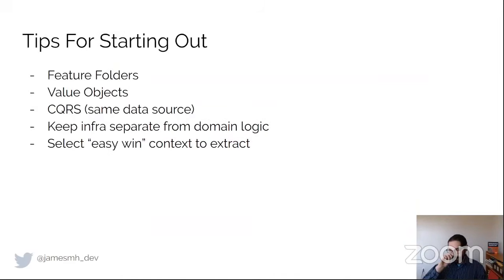So a few tips for starting out. Feature folders is, again, coming back to the idea that you don't want to split things up too much upfront, especially if you're in a startup. But if you're just learning DDD, you also want to take baby steps. You don't want to go all out and start building microservices right away. So feature folders is basically, instead of organizing your code by technical concerns, where we've got a folder for enums here, a folder for all our controllers here, and all our classes in one folder,